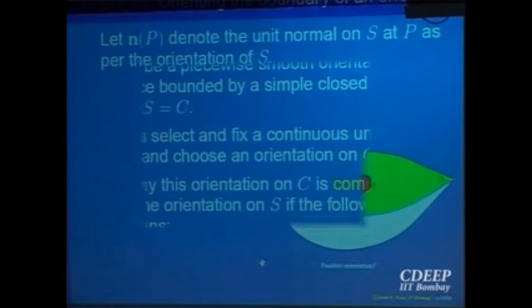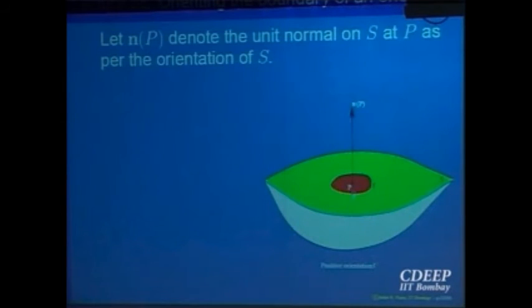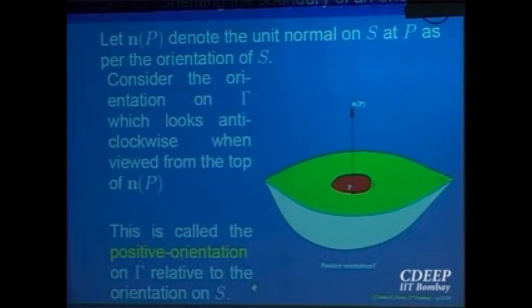Whatever I said: this is a point. So this is a surface. This is the boundary of the surface. Take a simple closed curve. Looking at the top, you give anti-clockwise orientation, and imagine that comes closer and closer. So that will give you the orientation on the boundary. So that is what is written in terms of words. That anti-clockwise orientation on the simple closed curve is sometimes also called positive orientation on the closed curve.